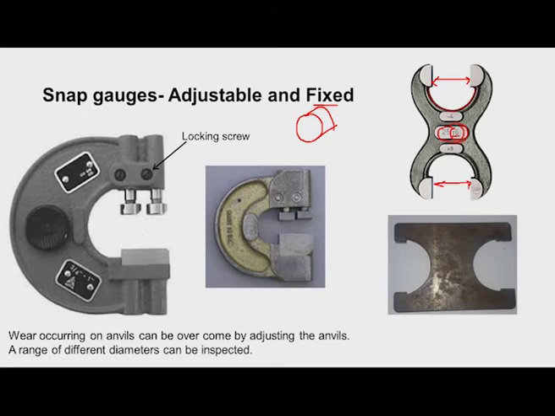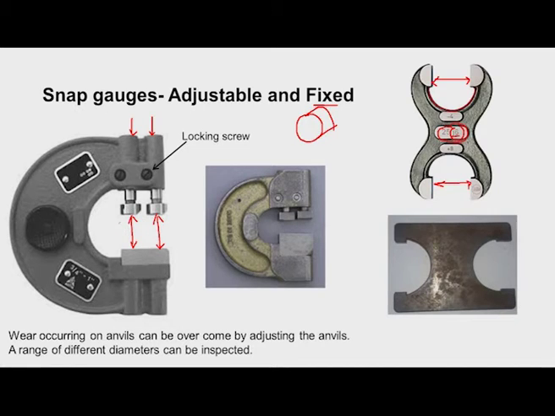We can see here the arrangement: this is the long anvil, which is fixed, and here we have movable anvils. Now how can we move them? We can see the locking screws here, and there is a screw and one more screw for this. We have to unlock these screws and take a screwdriver to operate them, so that these anvils move in and out, and then using the slip gauge we can fix the size required for go and the size required for no go.